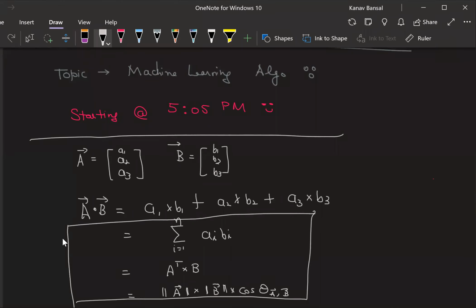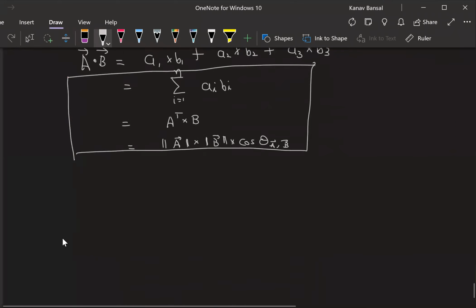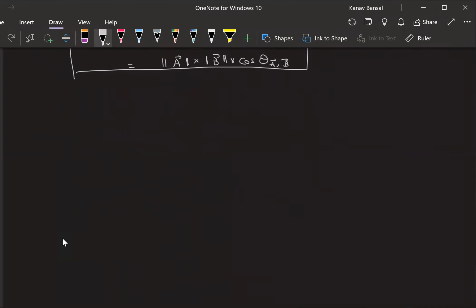All right, so let's build on top of what we learned yesterday and talk about one new topic today, and then we'll start with the machine learning part. Does anyone know the equation of a line? Everyone knows it: y equal to mx plus c. Now let me try to draw that. Let's say this is my x-axis, this is my y-axis.